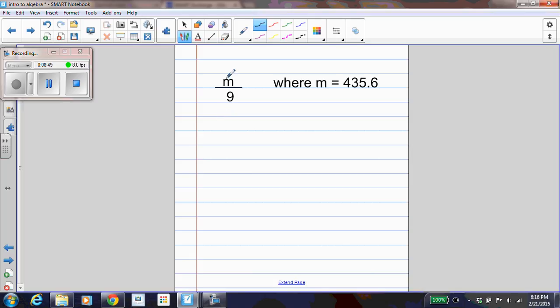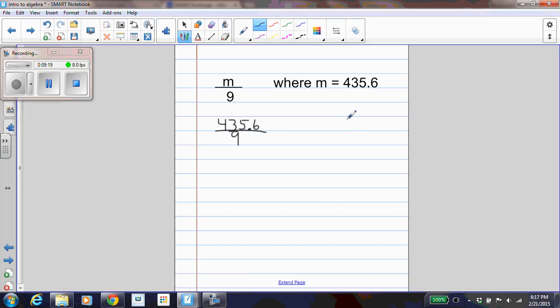Now I'm going to substitute. Because I do like to do this on 2 lines, I'm going to skip a line there, so I don't squish my work, just so I can keep it neat and I can be less confused. So please, please make sure you're doing that on your paper as well, that you're keeping it neat and orderly. All I'm doing here is substituting, and I draw my fraction bar, which is my division sign, and I put the 9 underneath. Make sure